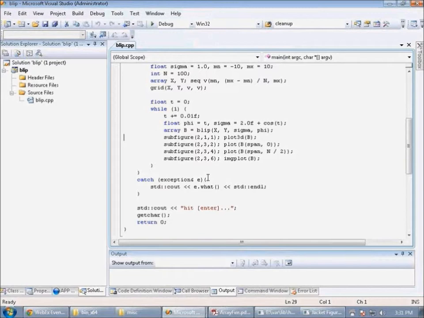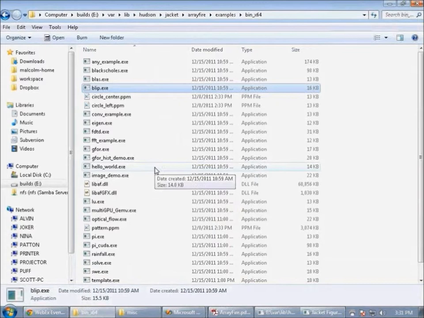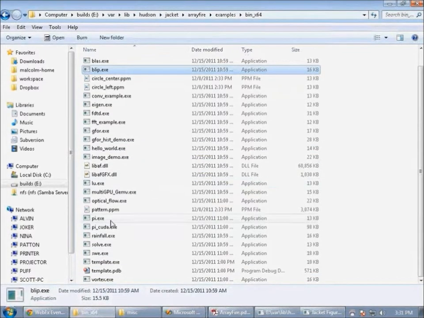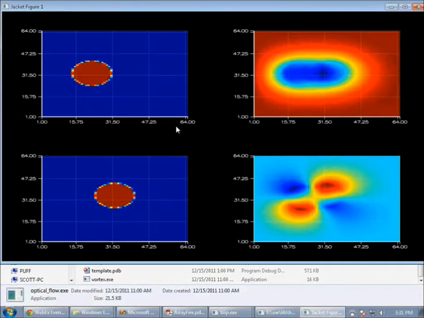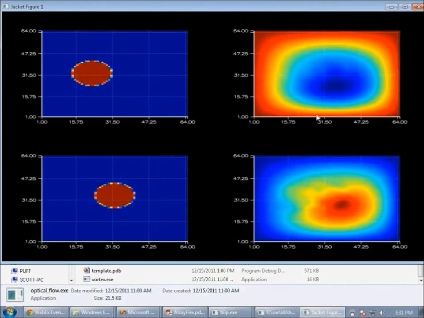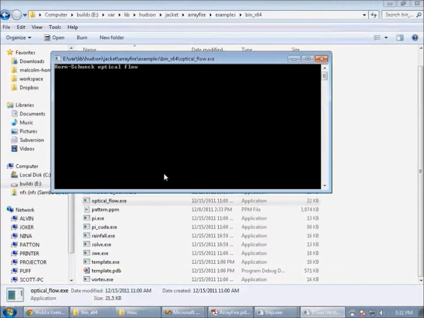So I'm going to go through a couple other examples. Here's an optical flow example, a simple Horn-Schunck optical flow between two images. The flow fields are being depicted on the right-hand side, and the source and target images are displayed on the left-hand side. Let's run that again. There we go. And if I go take a look at the code for this,